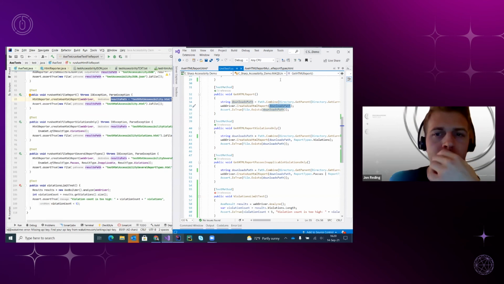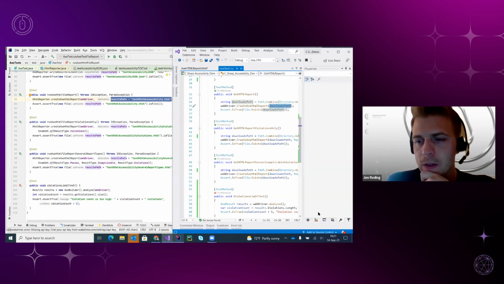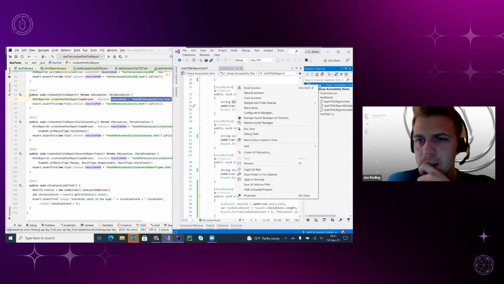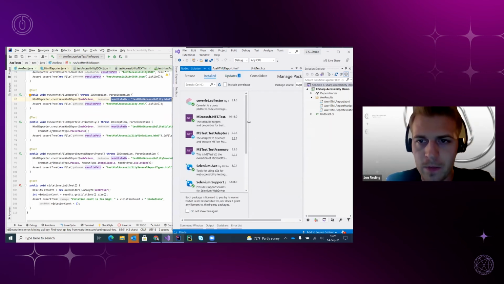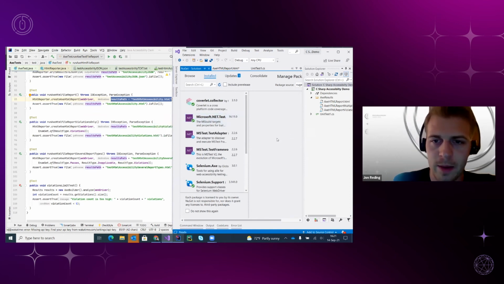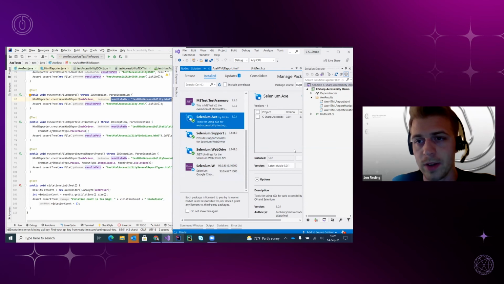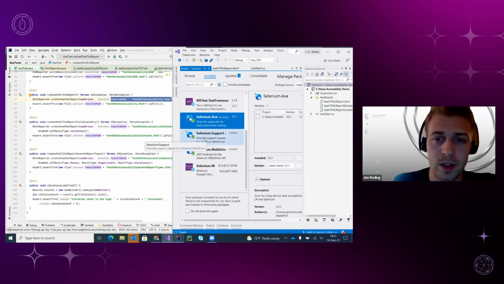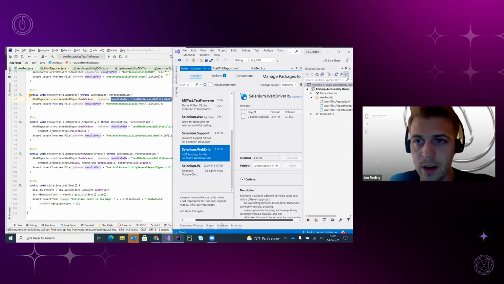Now, setting up these projects is kind of a deal in itself. So I'll just go over how you set this up. Go to what I have installed. For the most part, we have a .NET Test, .NET Adapter, and MS Test Framework. I have downloaded Axe, right now I am using 3.0.1. I have Selenium support and Selenium driver,